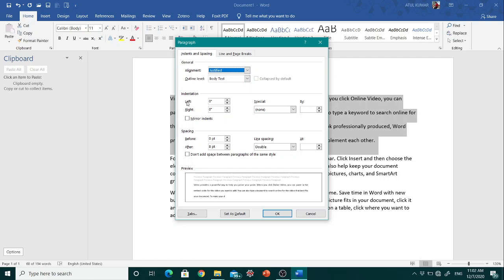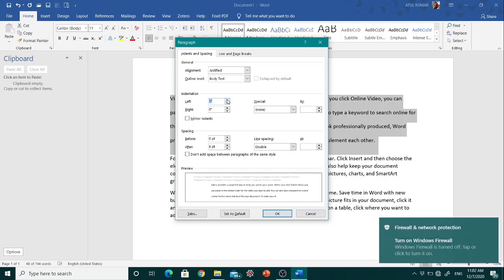Also there is the option of indentation. Indent means how much space you want in the paragraph from the left side or from the right side. Suppose I make 1 inch of left indent, then you can see now the difference.